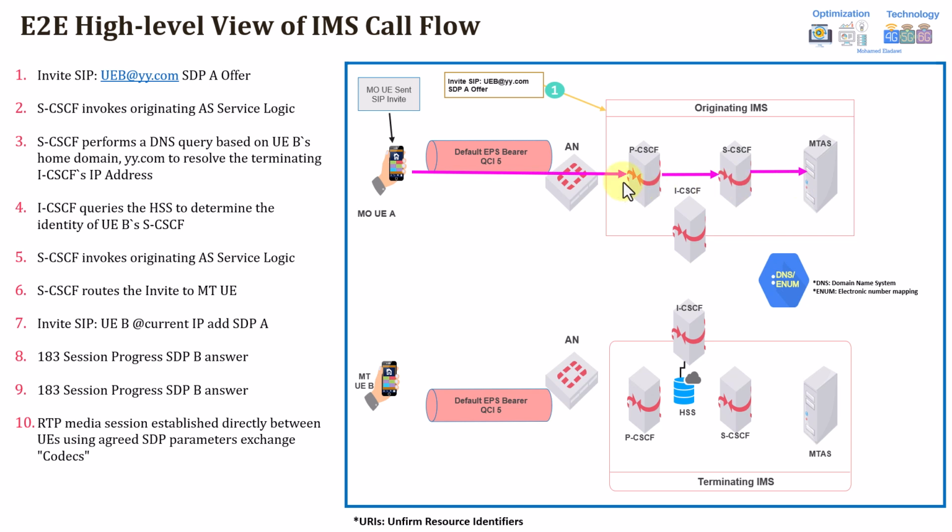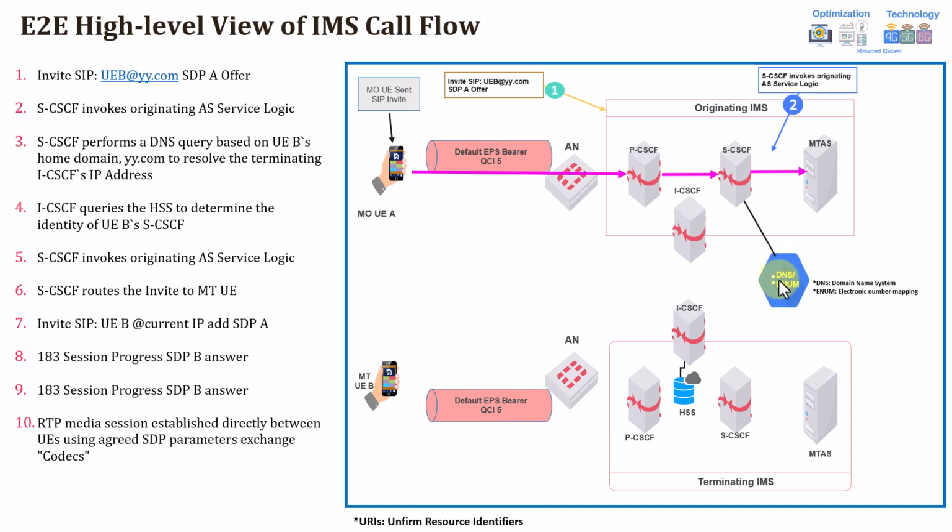The MTAS needs to check whether this user is allowed to originate a call or not. For example, is it possible that the user is barred from originating calls? Or, for example, the user didn't pay his bill, so his credit or balance is exhausted, and he's not authorized to make originating calls. So if he's authorized to make a call, the next step is that the SCSCF now needs to go and make a query